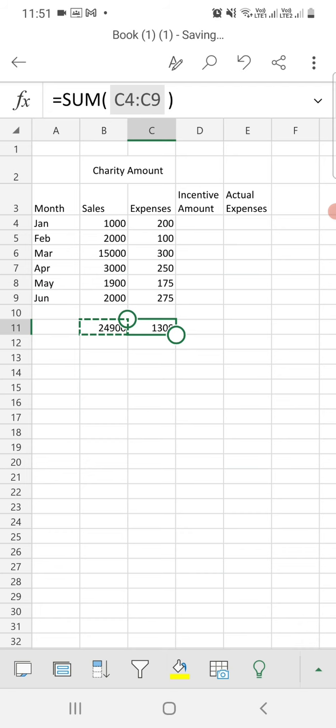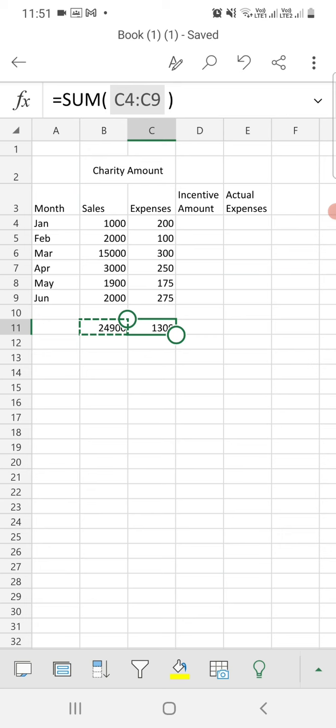Okay, so the formula that we have written in B11 cell, equal to sum in bracket B4 to B9, is accordingly changed when we copy the formula from B11 to C11. You can see the range is also changed, from C4 to C9.